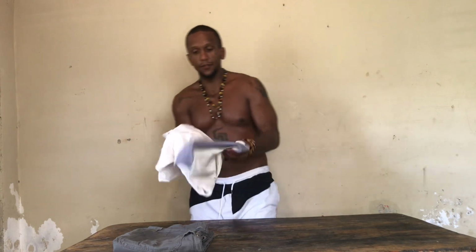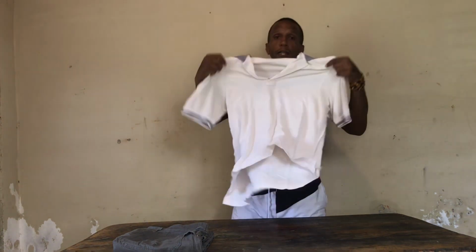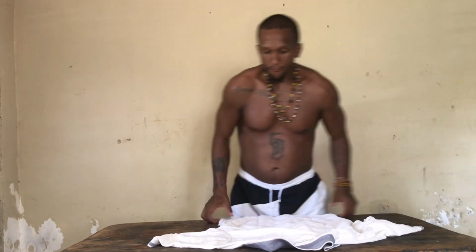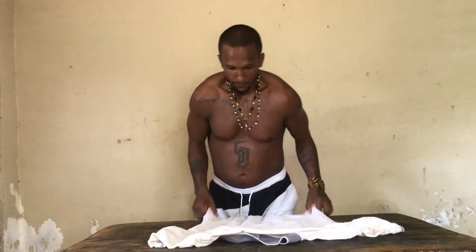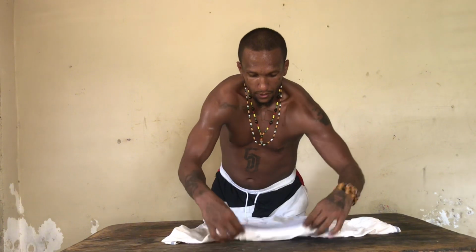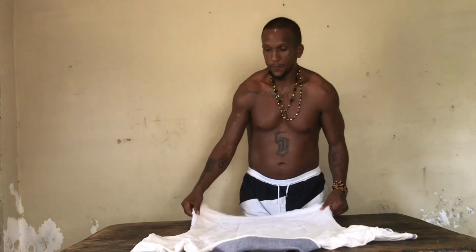and the shirt. I'm gonna undo it. Once again, I put the shirt, the front of the shirt facing down. Let me move this out the way real quick. I put it facing down. This shirt is inside out for some reason. I'm just gonna leave it like that for now. The collar, I do the collar. So I get it inside out, and I try to line everything up. So I'll grab